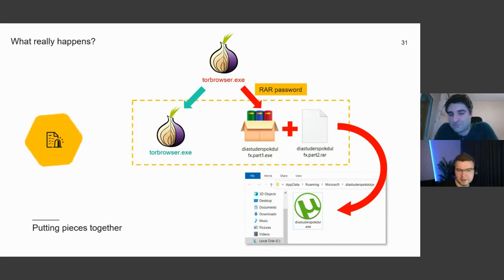And the malware that is dropped on disk somewhere deep into application data, roaming subdirectories belonging to Microsoft, it actually uses the icon of uTorrent, a popular torrent application, probably popular among those users who download the Tor browser as well. And it just uses it as disguise. So it registered itself into auto start of the system, and then when it runs, it just shows this benign icon. And it does nothing. It doesn't even connect to the network.